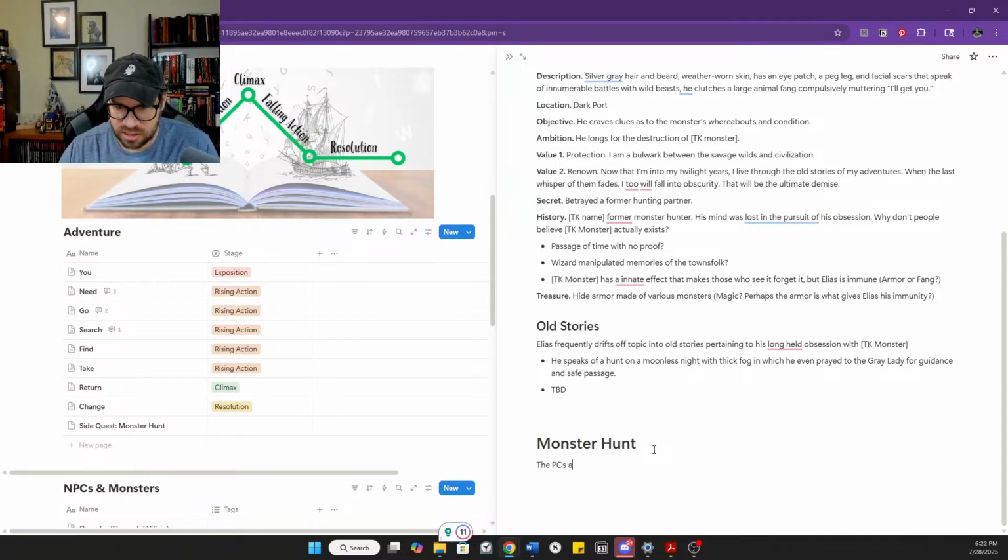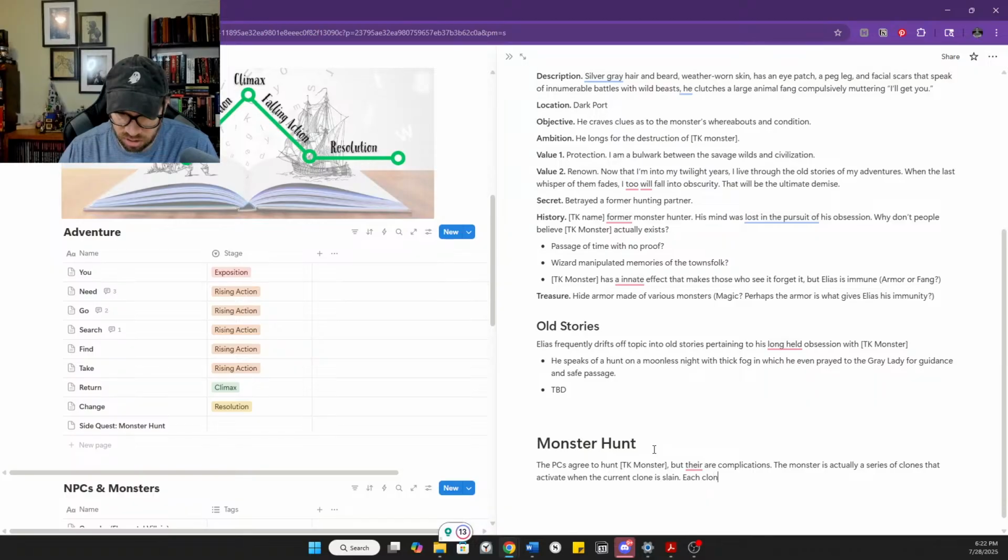The PCs agree to hunt TK monster, but there are complications. Monster is actually a series of clones that activate when the current clone is slain.